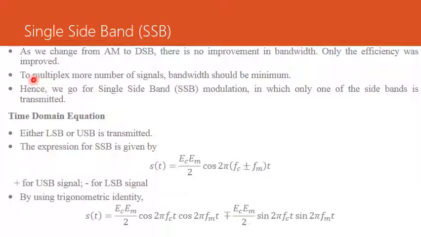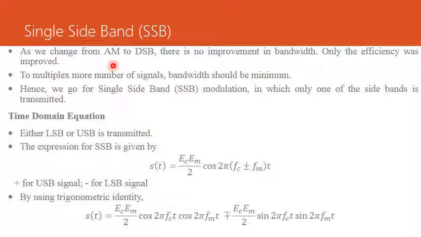In communication, we need to multiplex a larger number of signals. For that, the bandwidth should be minimum. We have to maintain the signal bandwidth as small as possible compared to the channel bandwidth. Only then are we able to accommodate more signals over a single channel. Hence we go for single sideband modulation, in which only one of the sidebands is transmitted. So in conventional AM, or double sideband full carrier,